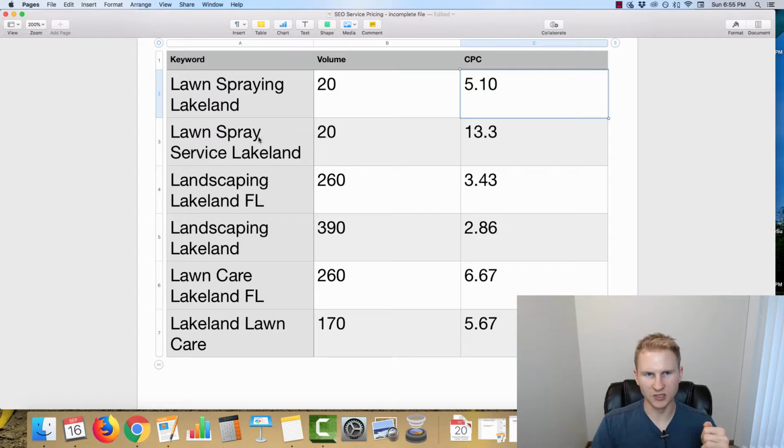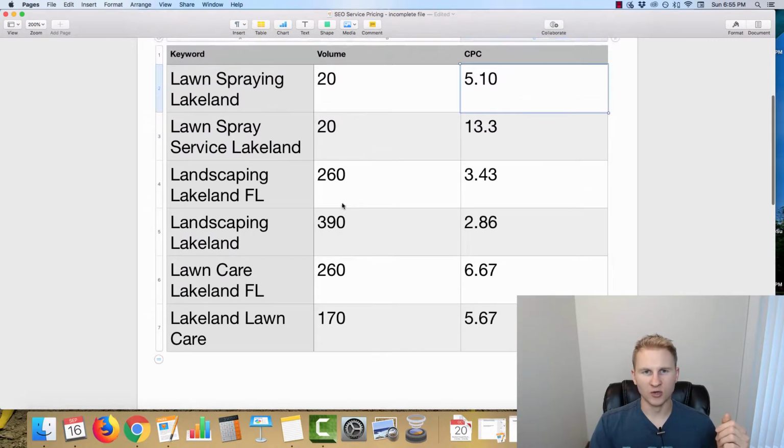So for these few keywords here that are lawn care and landscaping related for these cities, the volume was relatively low and also jumped up quite a bit for certain ones, and some of the CPCs were just outrageous, but it shows that there is value in those searches and that there is buyer intent, and that when your site's going to be ranking there, you're going to be making money as long as you can sell to the people calling the business.